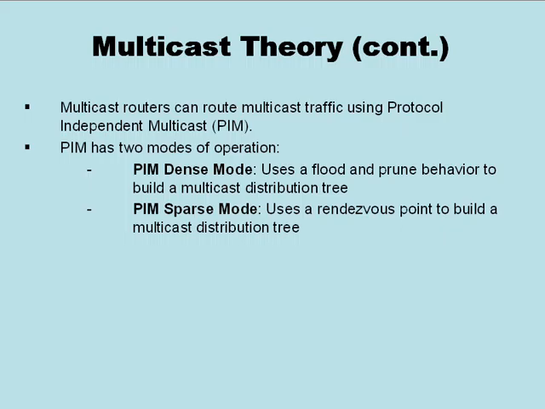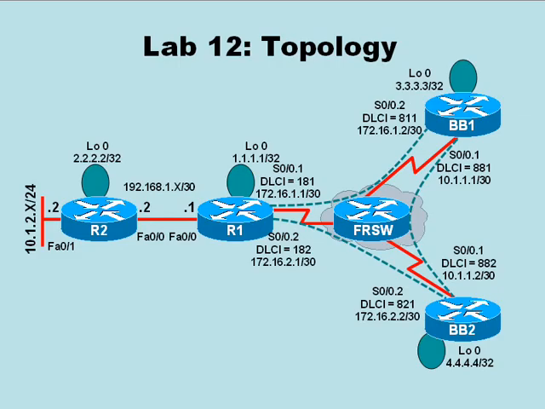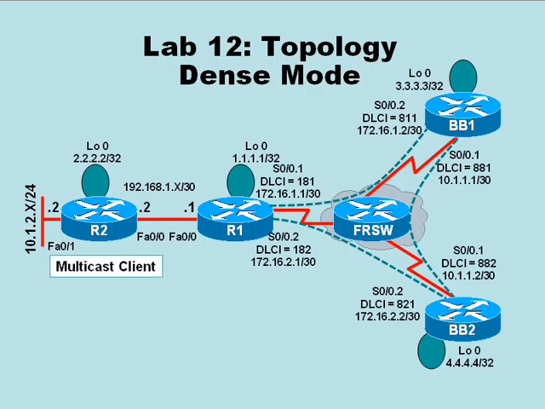I think we can make more sense of that by actually seeing that in a topology. Here's the topology we've been working with throughout all of our labs. And what we're going to do in this lab is first illustrate the operation of PIM dense mode. With PIM dense mode operation, we're going to have router R2 acting as a multicast client, and I will show you the command that will allow a router interface to join a multicast group, much like a PC might join a multicast group. And the specific group we're going to be working with is 239.1.1.1. We're going to have router BB1 acting as a multicast